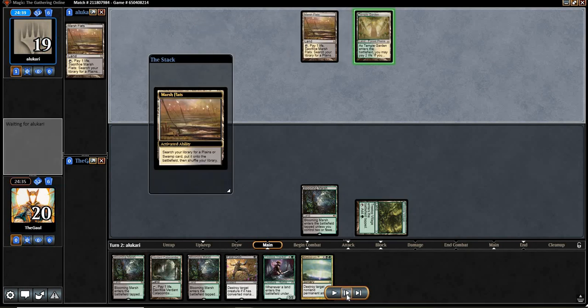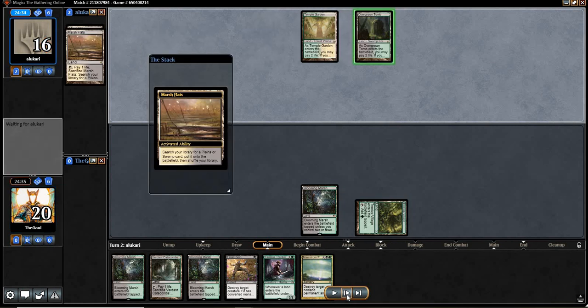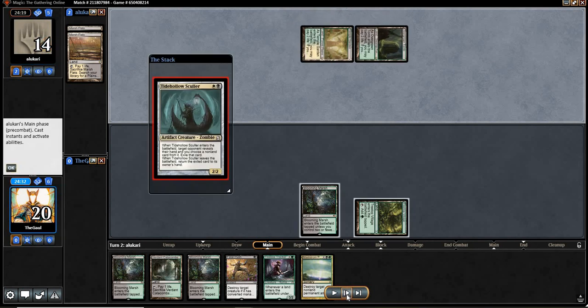Alright, they find another Marsh Flats, and it looks like they're going to start fetching. They're going to play something here. They take 6 damage from their lands. That's a good start for us, and they are in Abzan colors, and it's a Tidehollow Sculler. Okay,